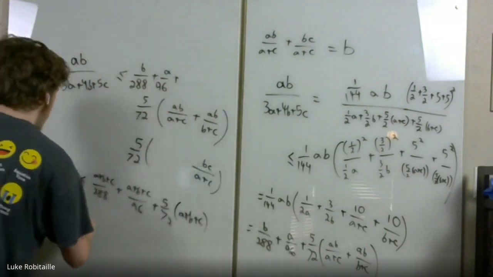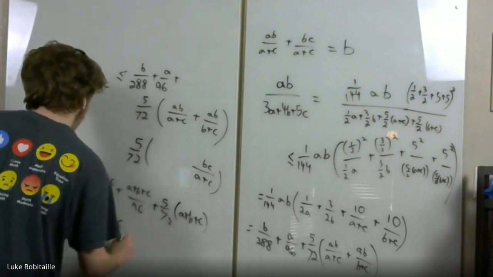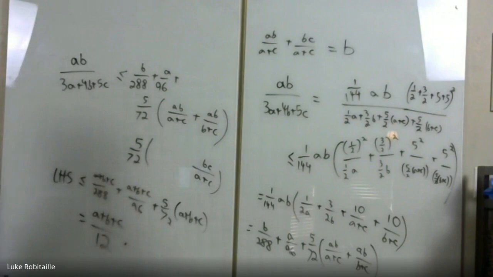And when you add this up, you get exactly (A + B + C)/12 as desired. The end. So that completes the proof. And if you're wondering where you get these things, if you played around with Titu's lemma in the right way,